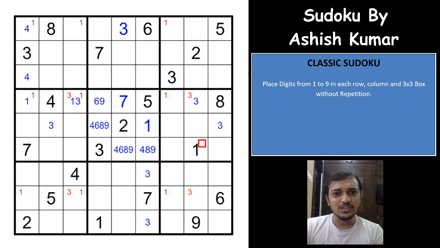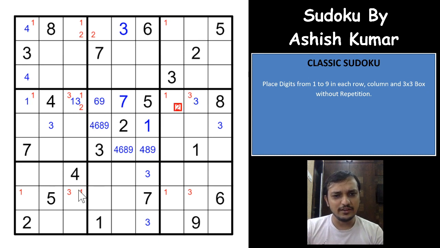And now if you see, we need to find the swordfish of number 2, and the beauty is that it uses exactly the same 3 rows that it used for the number 1. So where can you have the number 2 in row 1, 4 and 8, right? It cannot be here. You can have it here, right, here, and it cannot be in any of these 2 cells. Same way in row 4, you cannot have it here, you can have it here, you cannot have it here, neither here, and you will have it here.